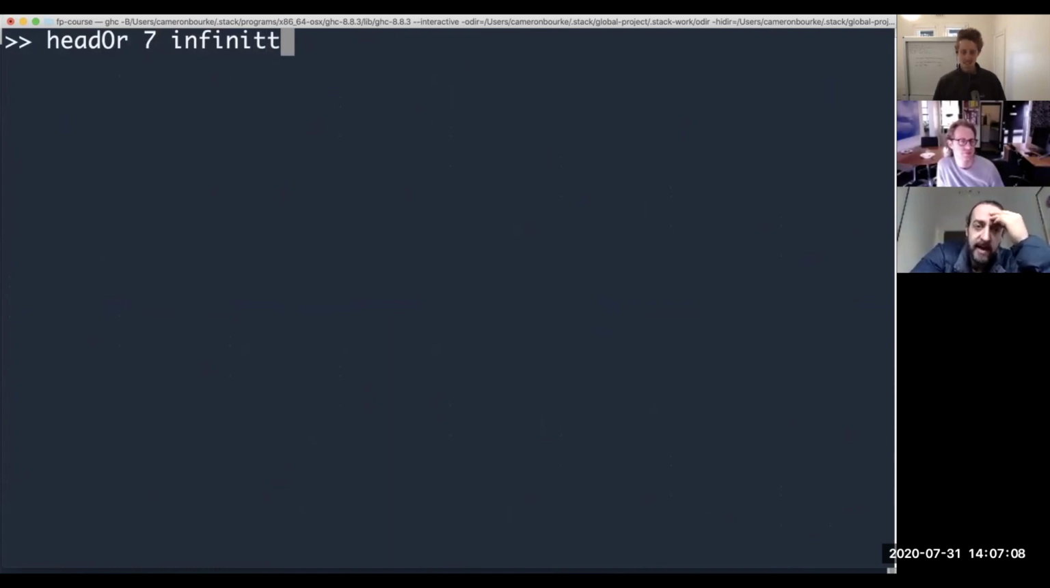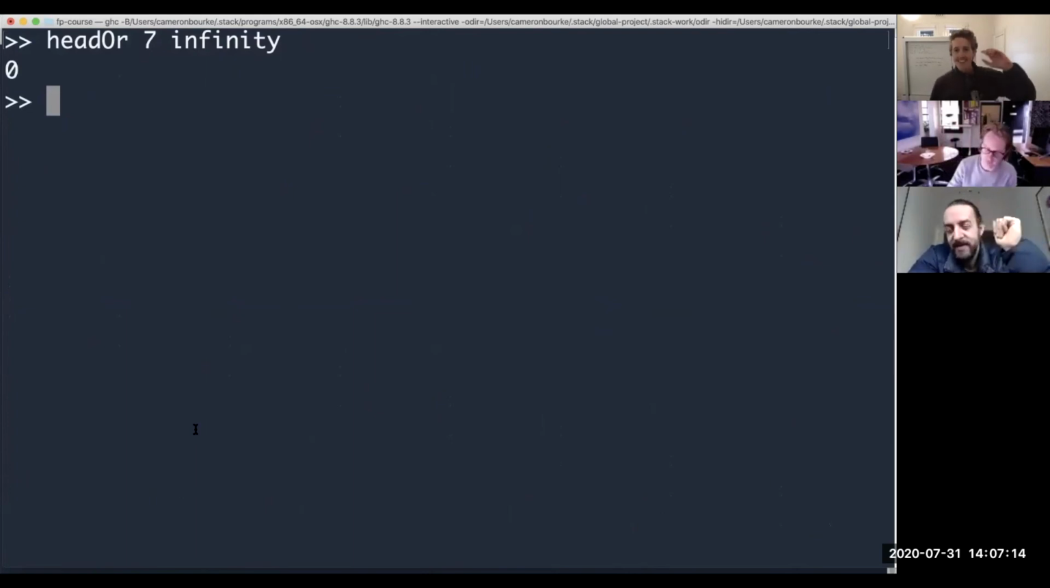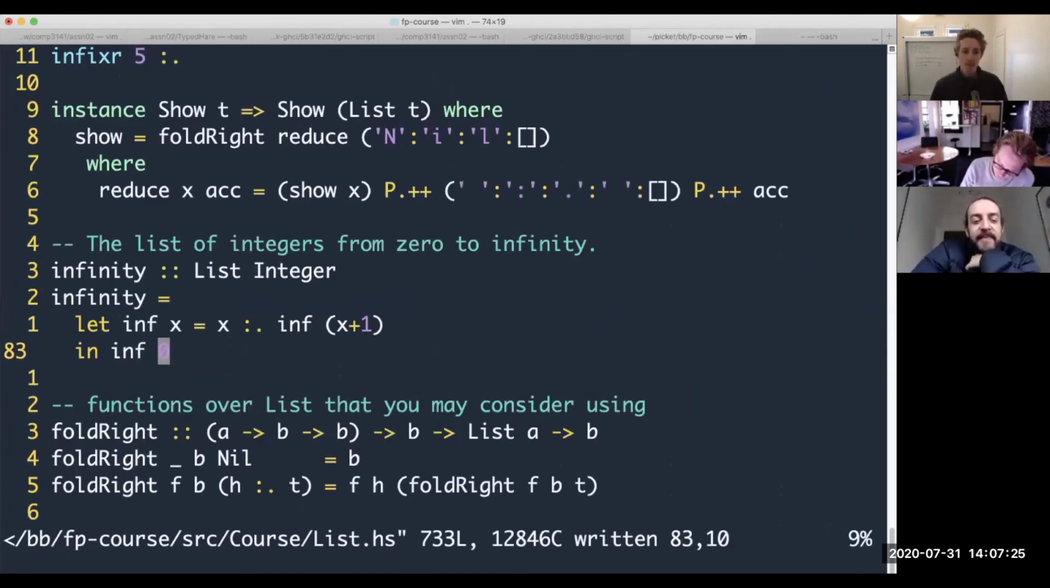Because Haskell's lazy. That's it, 0. Now, made in heaven. That doesn't seem like... Or towards heaven. Now, it's a shame we're out of time in the sense that the